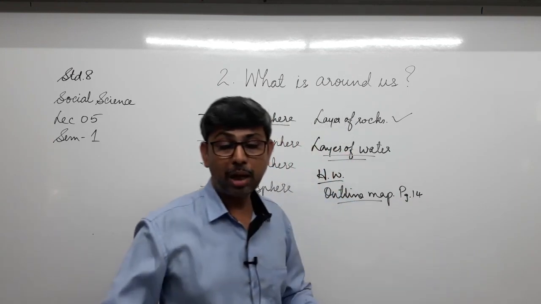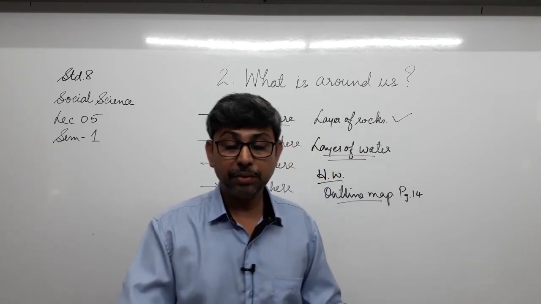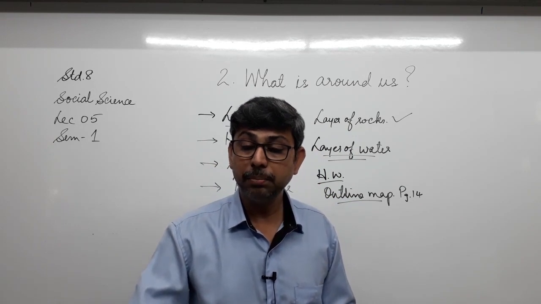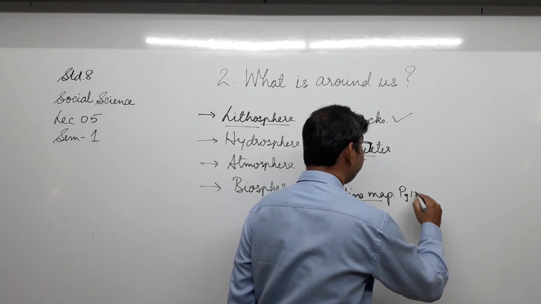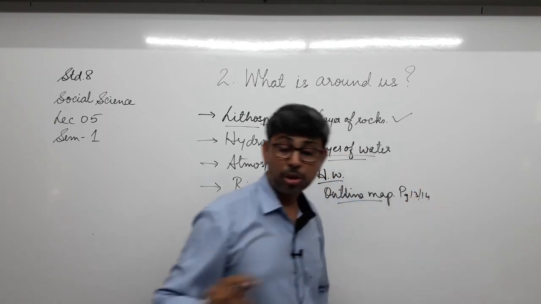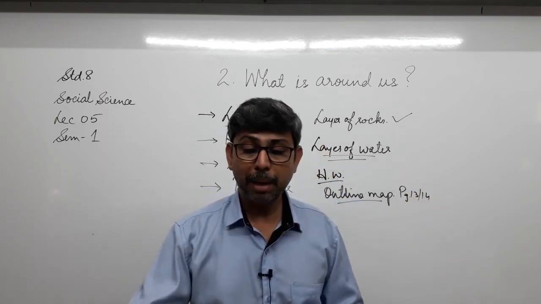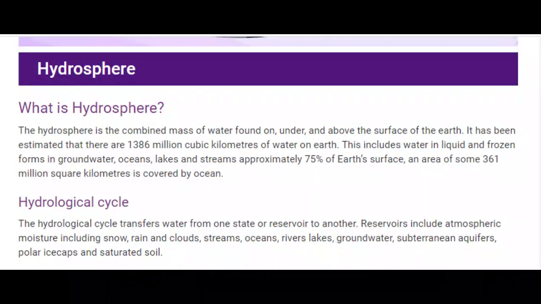So on page 14 you have the activity given to you, and on page 13 you have the map. So we'll take two numbers, 13 and 14. In 13 and 14 you will be doing the outline map. Well, have a look at the image being displayed to you on your screen about the hydrosphere